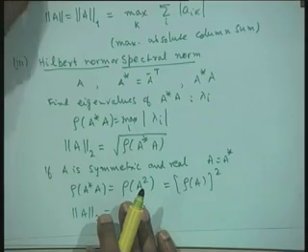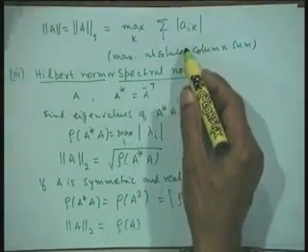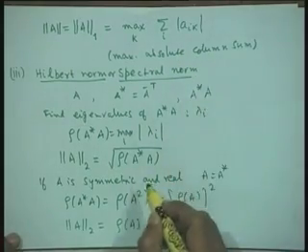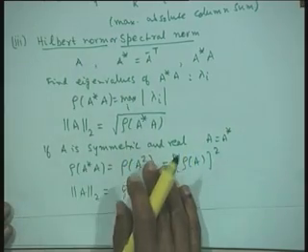Now, all these norms that we have defined, the Euclidean norm, the maximum absolute row sum norm, the maximum absolute column sum norm, and the Hilbert norm, are all independent definitions. Therefore, if you are given a matrix and you find all of them, since all are independent, you can take the smallest of them as the required bound. Suppose, given a matrix A, you ask what the largest value of the norm is. If you find all four norms, the smallest of them will be the required bound on the norm of that particular matrix.